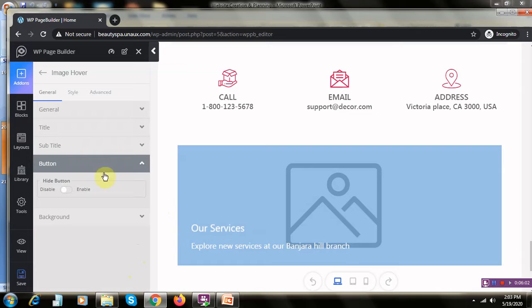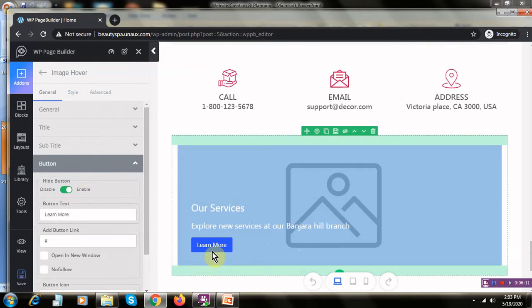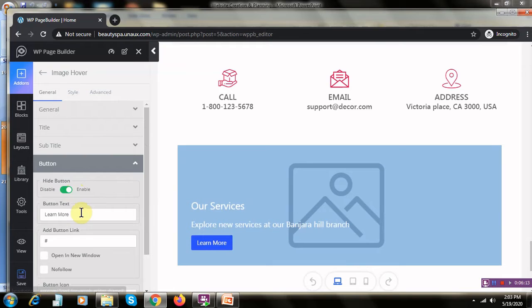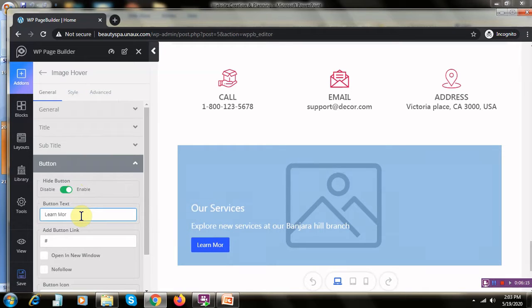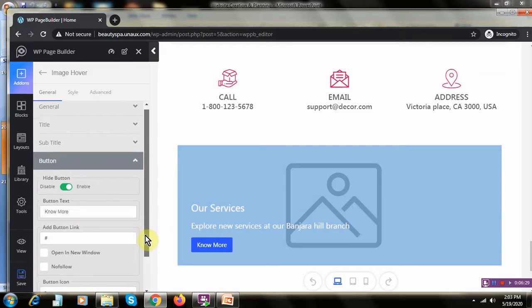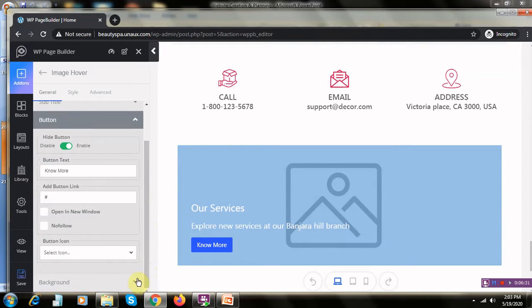Now you can also include a button here. Where is that button? So general subtitle button, yeah. Enable this button. Now click here, then you will see that learn more or book appointment. You can link your contact page to this particular button. Book your slot or know more, whatever, learn more. So whatever you feel, you can go ahead and do that.